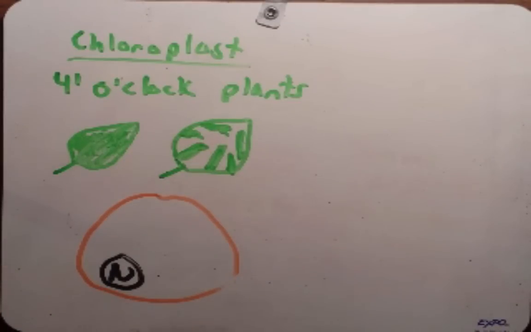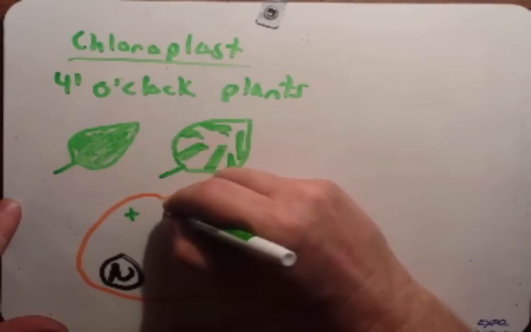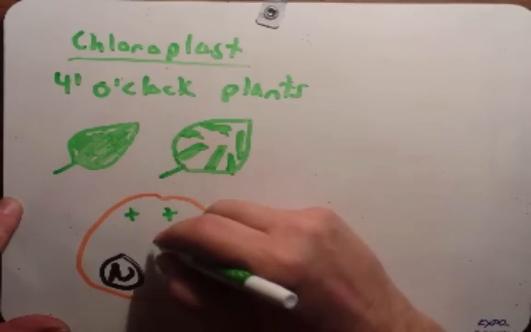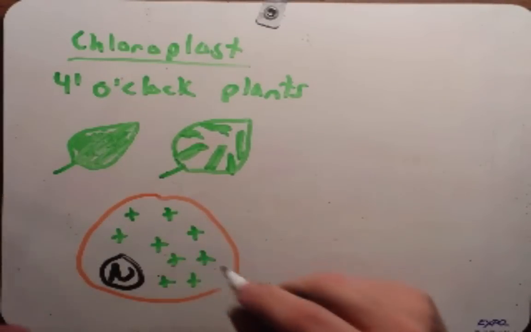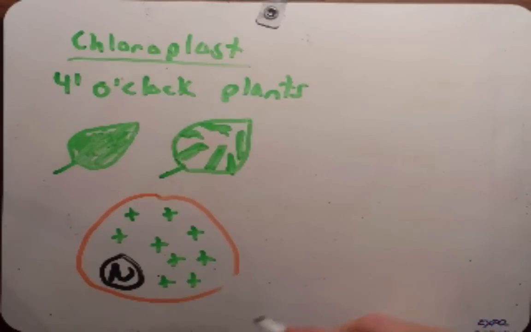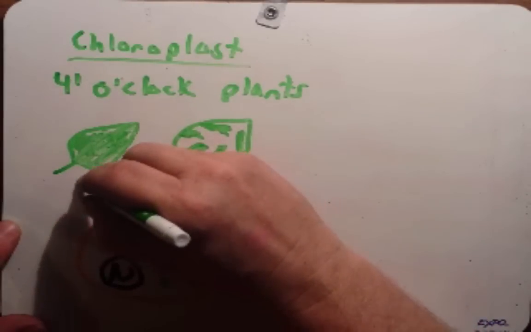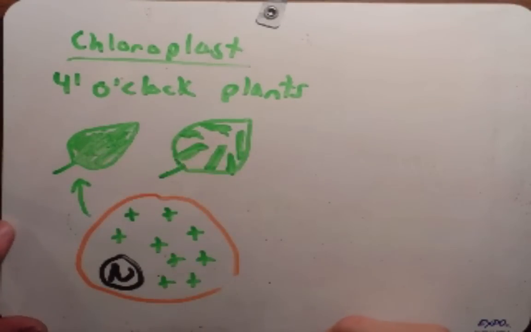And the chloroplast contains, as I said, about 120 genes. Many of those genes are responsible for photosynthesis, and some of those genes are important in making the chlorophyll. So I'm going to draw the chlorophylls as plus signs here. That's because in the genomes of these chloroplasts, the gene that makes the pigment chlorophyll is not mutated. And that's why you're going to get this plant leaf here.